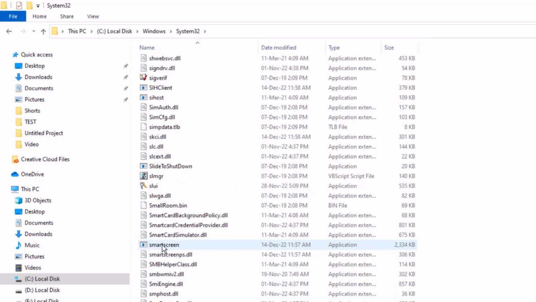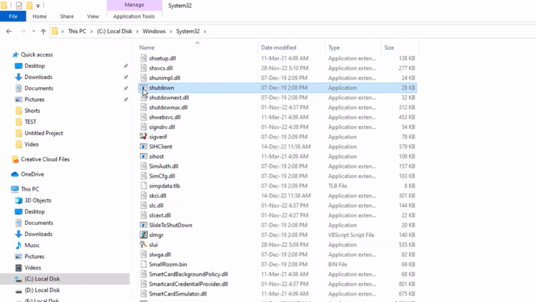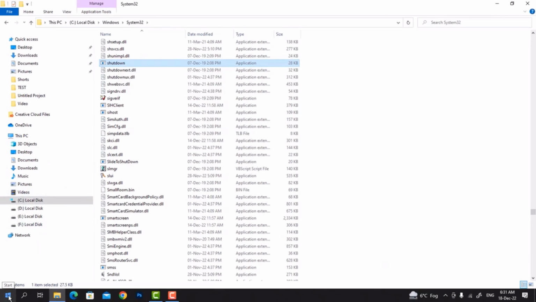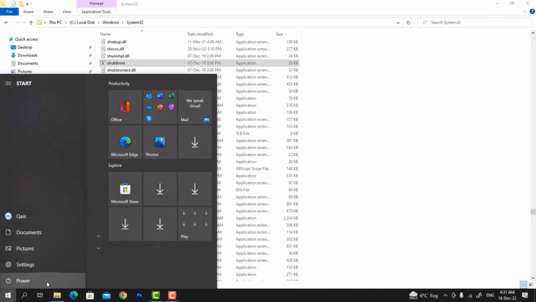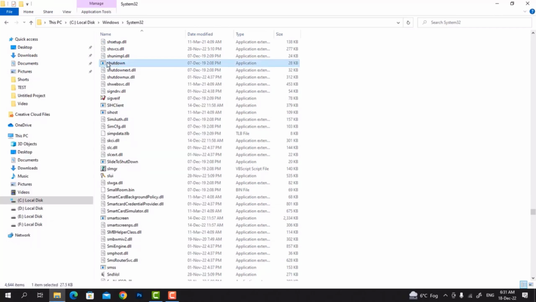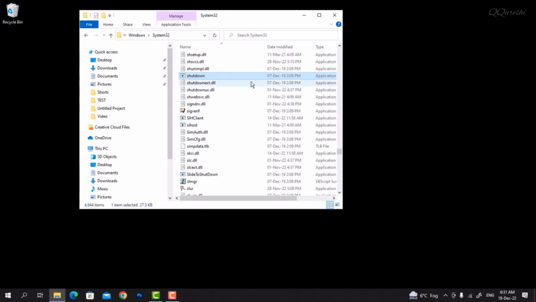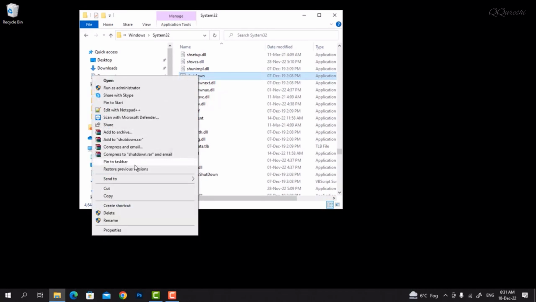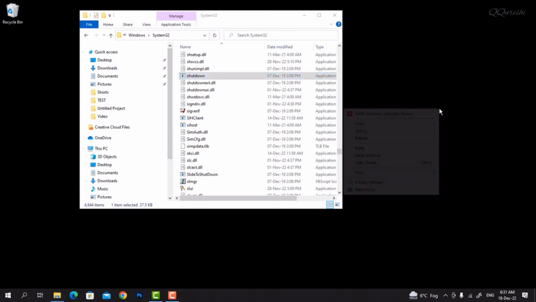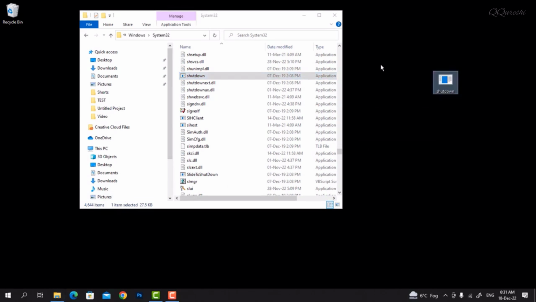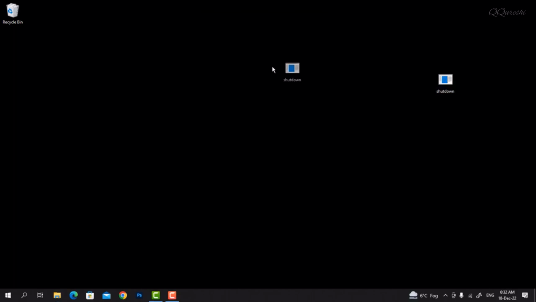This file executes the Windows shutdown when selecting and clicking Shutdown from the Start button. So, actually it is your click on this file, and this results in a Windows shutdown. You must be thinking that we will copy this file and paste it on the desktop. In that way it became our shortcut. If we click on it, Windows will shut down. But if you want to apply an icon to this file,